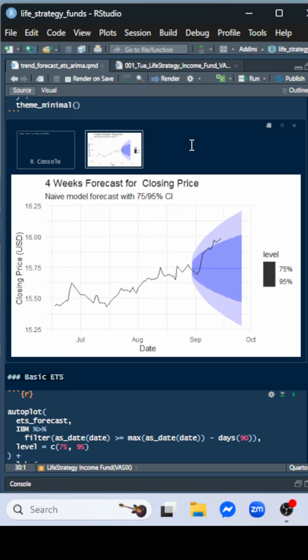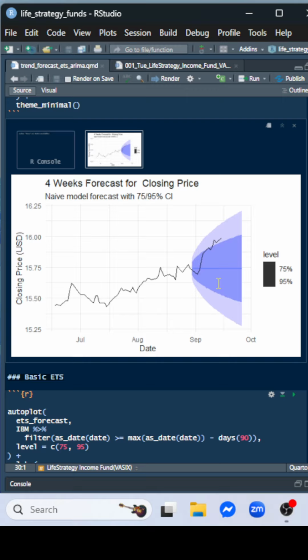Okay, so let's start out looking at the naive model. What's a rule of thumb? If our more advanced models aren't any better than the naive model, then we're probably using the wrong advanced models. Okay, what's kind of interesting here, we lost the difference between the two shades. But anyway, so the center